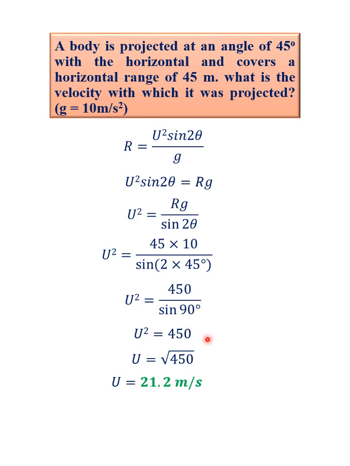So a question could also be asked that what is the angle in which a projectile must be projected to achieve the maximum range? That angle is 45 degrees. That is, by the way, for this question, the speed is 21.2 meters per second, and I hope you enjoyed